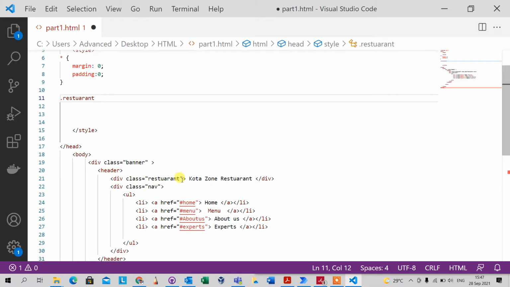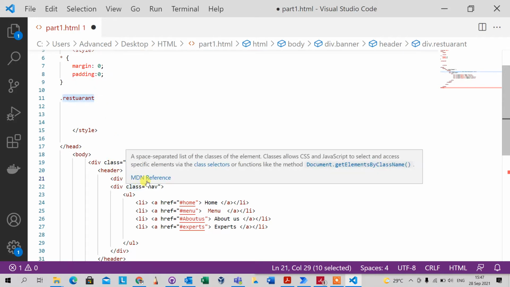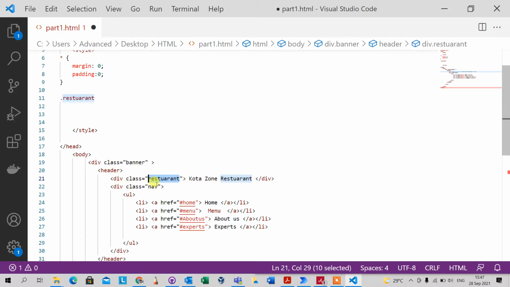So now I want to style this. I want to move this to the left top corner, right? So I don't call this directly. I call it using the class. So the class is restaurant. So I'm calling the restaurant. Just make sure that the spelling of your restaurant down here and at the top is the same, so that you know you are styling the correct line that you want to style, right? So this is the line that I want to style,